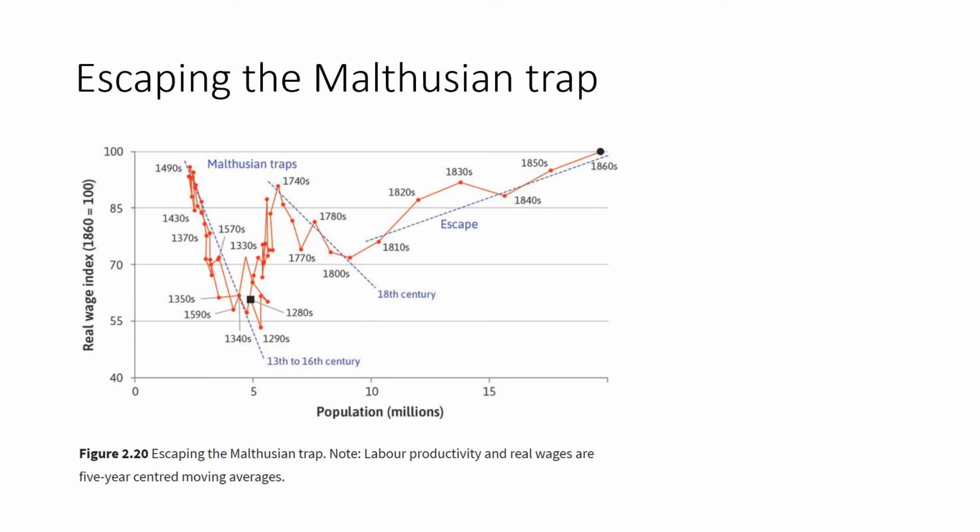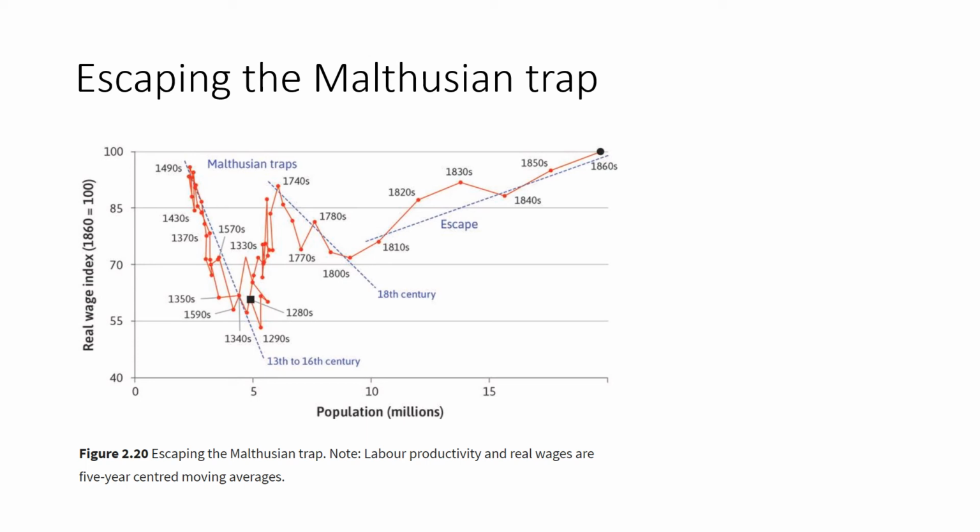And now this graph sort of ties Lecture 3 and Lecture 4 together. So we saw the last graph illustrating that cyclical process, we saw it in the production function and so forth. And in this graph we can see this blue line to the right that illustrates the escape following the 1800s. And so this escape deals with what we talked about in lecture 3 as the permanent technological revolution. So Thomas Malthus was never able to foresee this process in which technology would permanently increase individuals' income